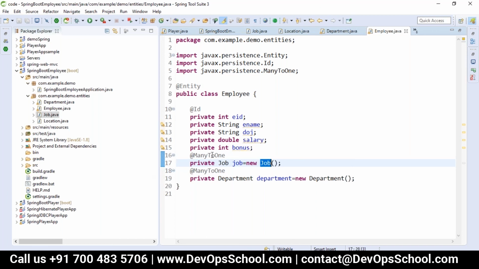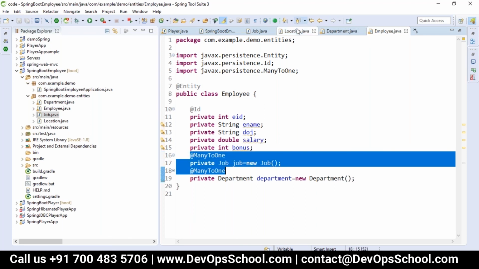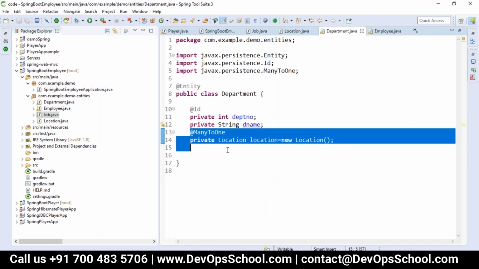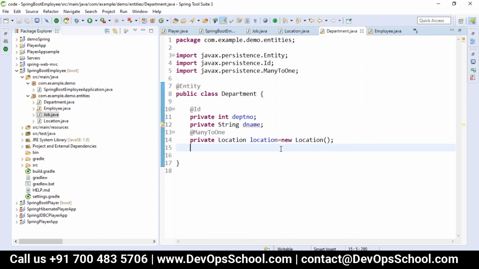So I don't want this Stack Overflow to happen, and we can mention that here. If you are going with a REST API, we have some annotations to take care not to get the Stack Overflow, or where we require a relationship but we don't want it in the JSON, whenever we are considering it as a REST. So that also can be mentioned here. Are you clear with this?